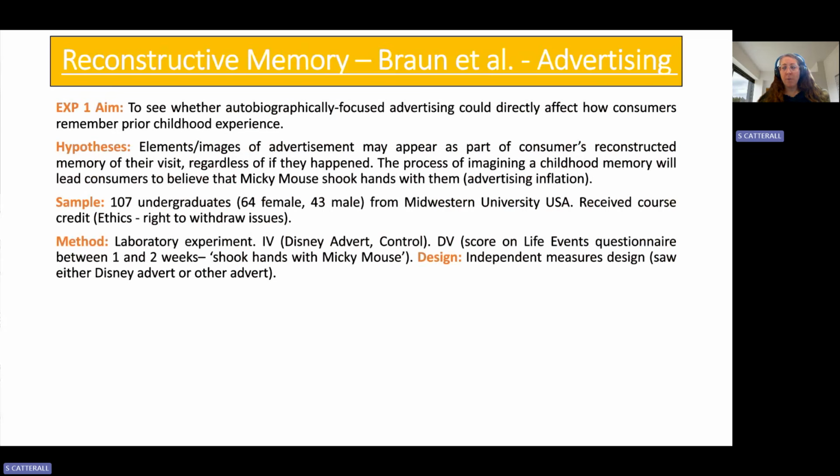And we've got a lab experiment, a very controlled experiment, everything's standardized, so quite reliable. And the IV that's being manipulated in the first experiment is whether or not they've got this autobiographical Disney advert or whether they've got a factual advert. Now, the Disney advert is read, so they read the advert to themselves, and it's worded in